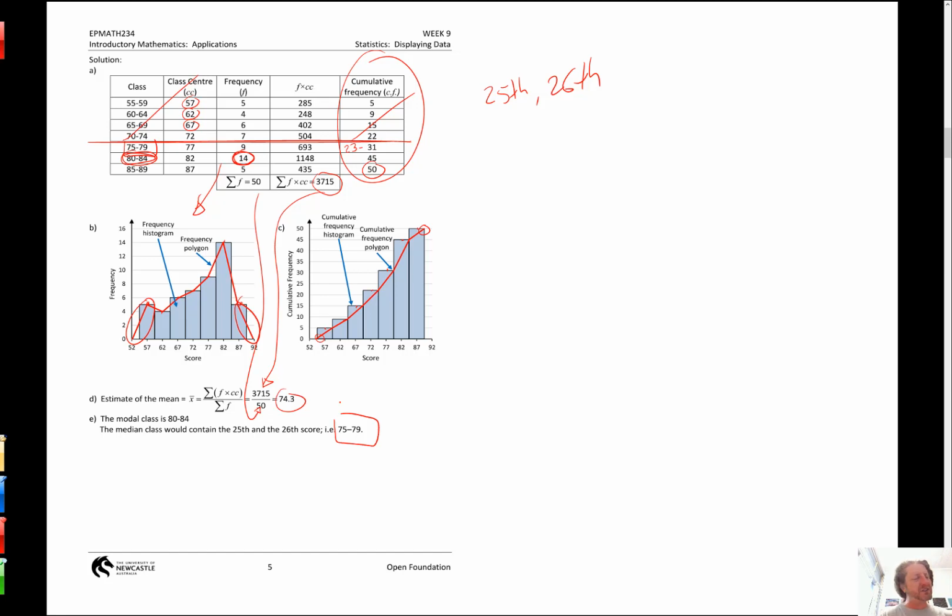The median class. David, use your words properly. The median class is in the center of the data. 25th and 26th scores lay in the class 75 to 79. All right. I think that's a pretty